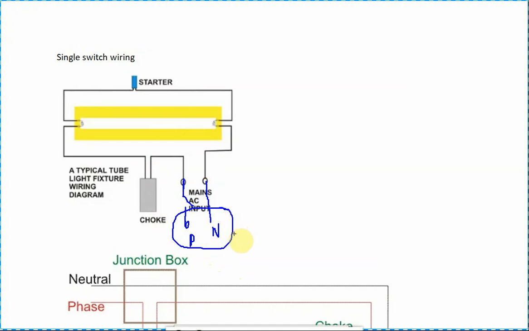It doesn't affect anything. The best example you can see: you have a table fan in your house. Take that plug point and connect it to the socket. You switch on. The fan rotates in the clockwise direction. You switch off. Change the 2-pin plug point, reverse it, and again switch on. Look whether the fan's rotating direction has changed.